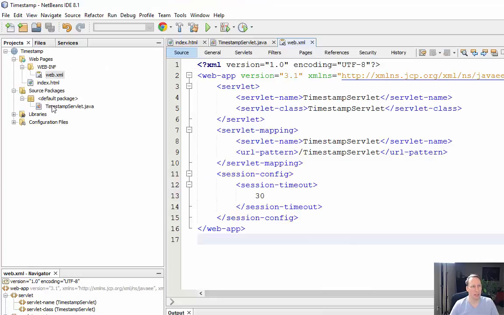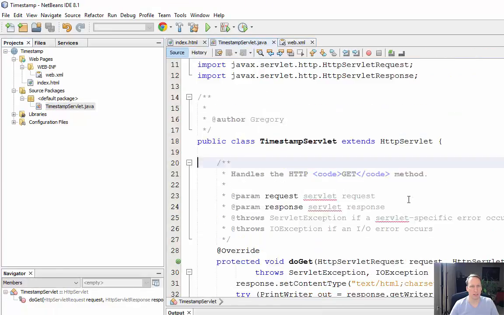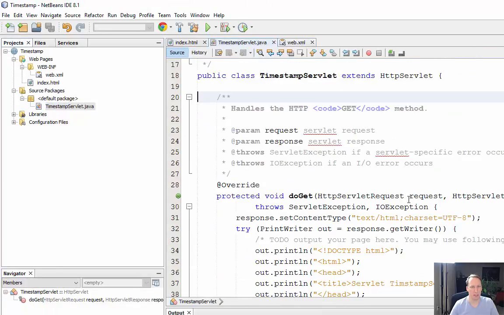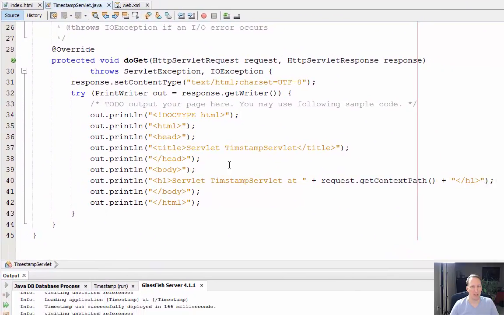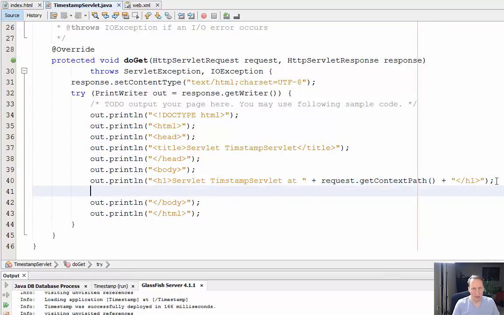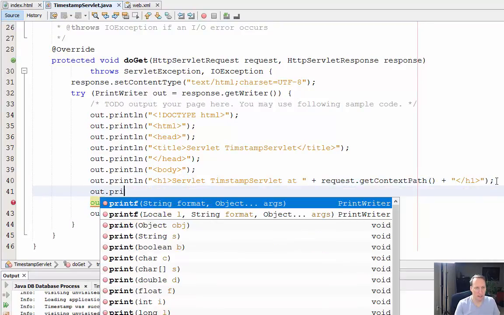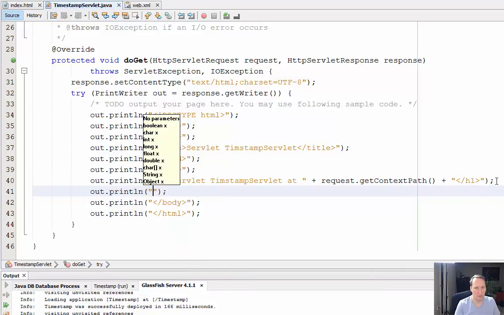All I really have to do here is go into this timestamp servlet, and here's where that main header is. Okay, and underneath that main header, I'm going to put header 2, date,